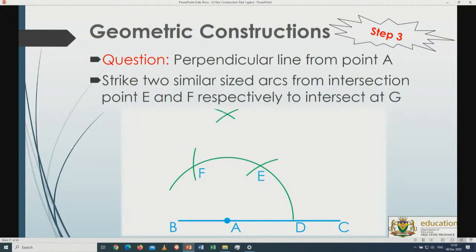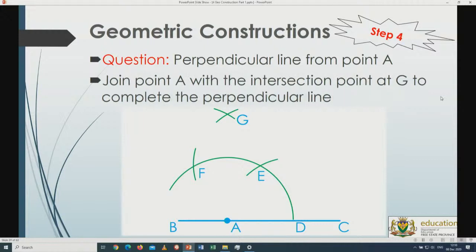So now from point E outwards and F outwards, those distances are the same the whole time. I can work from A now, and then I can join it up to G, and that will give me the 90 degrees which I was required. You can also now imagine